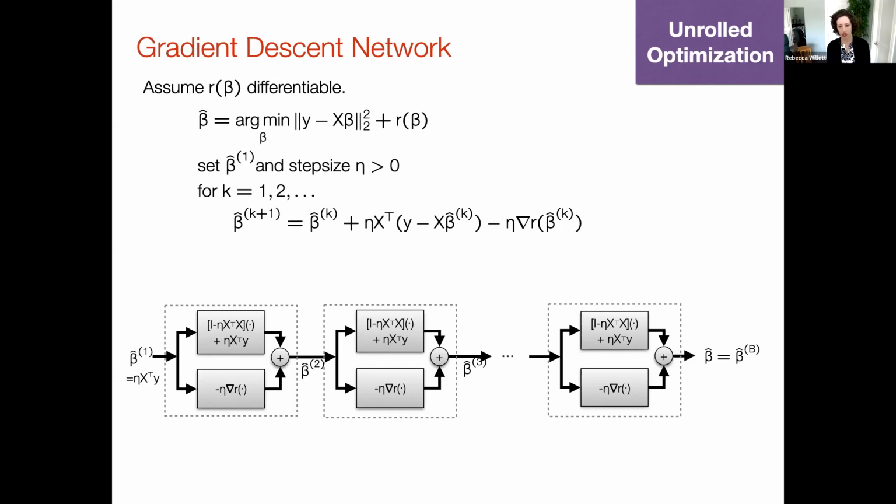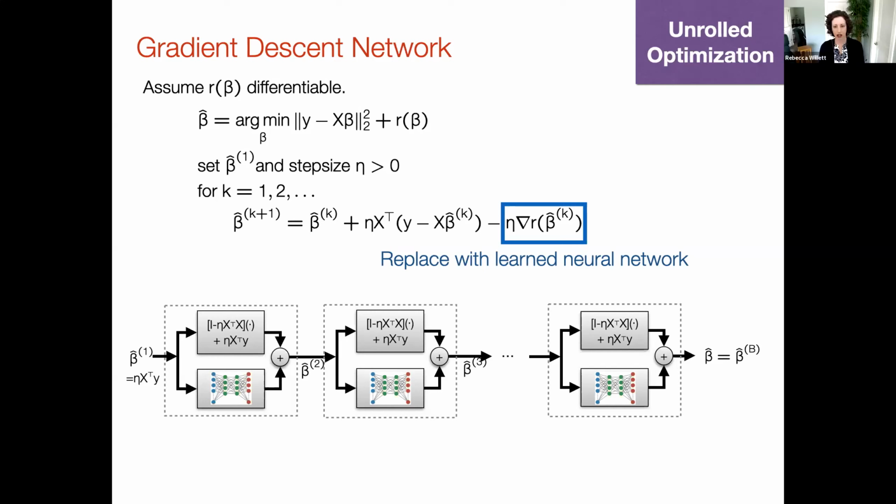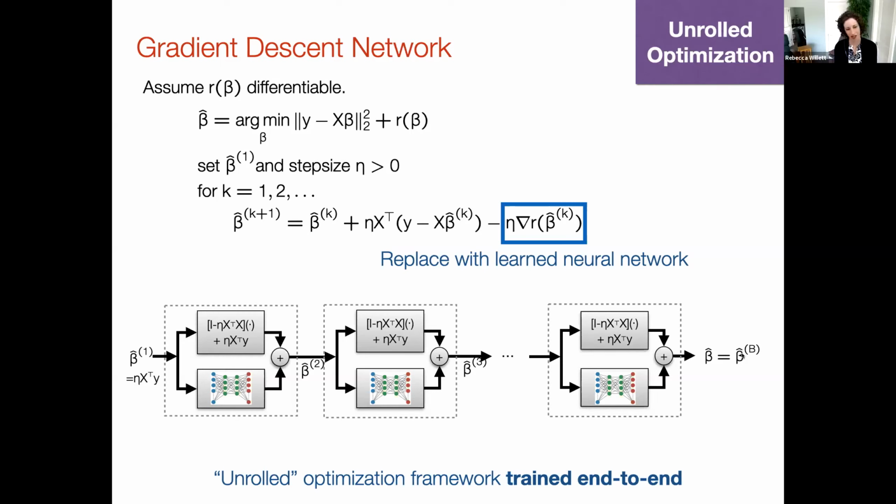So now that we have this framework, what we can do is we can say, all right, well, we don't know the regularizer R. And so what we're going to do is we are going to replace the gradient of our regularizer with a neural network within this block diagram. And then we're going to use our training data in order to try to make the mapping from an input on the left to an estimate on the right as accurate as possible. And so this is distinct from things like the approaches that we described in the decoupled section, in that we are really accounting for the forward model X as well as the learned component when we're trying to evaluate how good a learned component is.